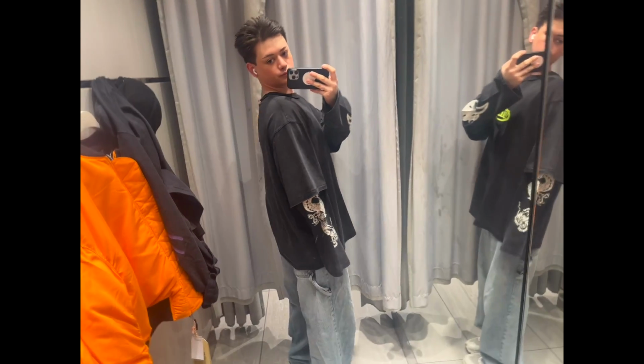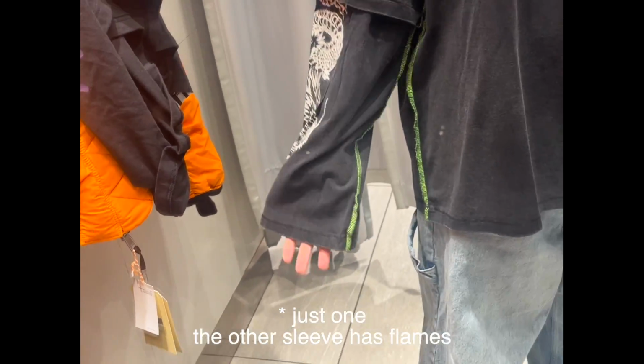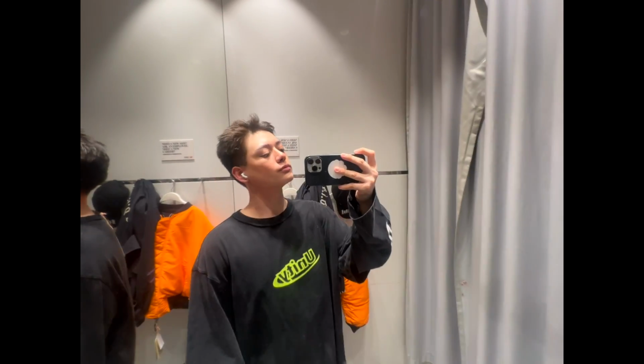Alright, so the first piece I tried on is the double layered shirt, which has a long sleeve under the short sleeve shirt. It says Unity, and it has these dragons on the sleeves. I really like the width of the cuff and the sleeve, and how when you have your arm down or hold your hand up, it just sits nicely with your wrist and your hand. The neck and the neon green contrast stitching is pretty cool as well,